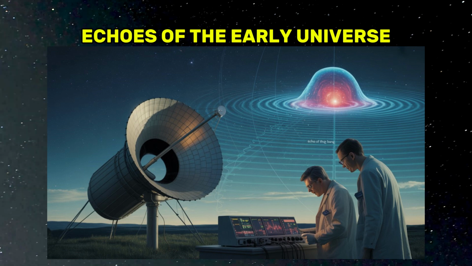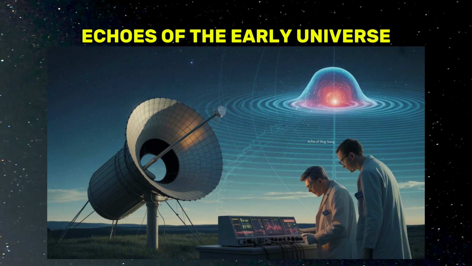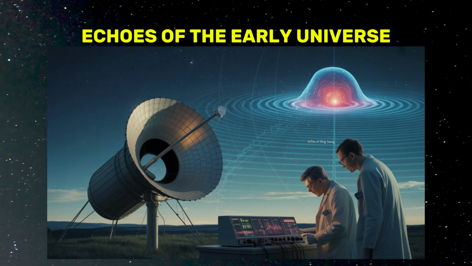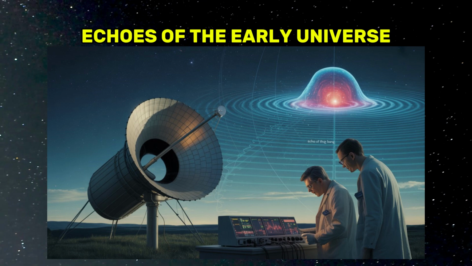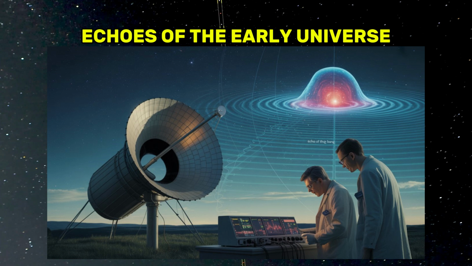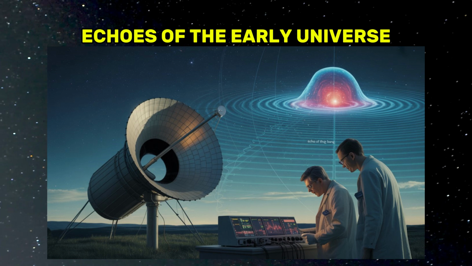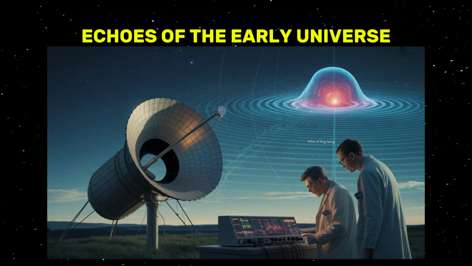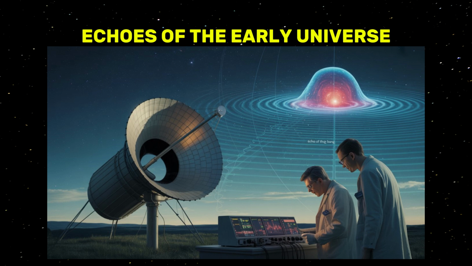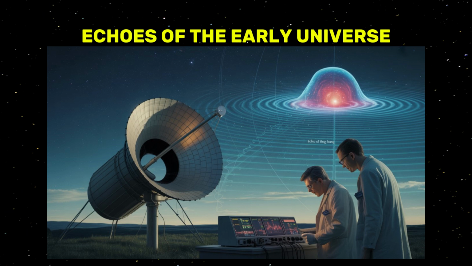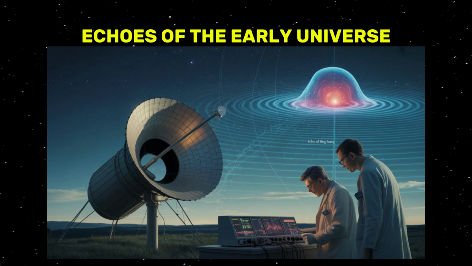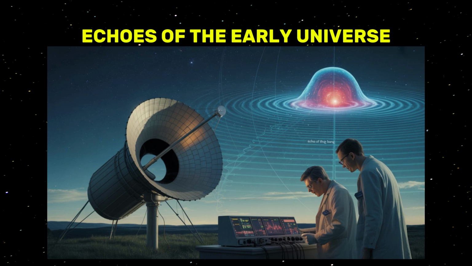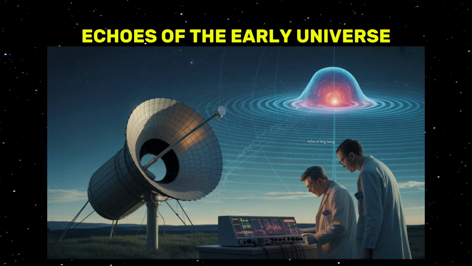What Penzias and Wilson had detected aligned perfectly with the predicted leftover radiation from the universe's birth, cooled and stretched into the microwave range by billions of years of expansion. This momentous observation offered the first definitive evidence in support of the Big Bang theory. After this landmark discovery, scientists were eager to investigate the CMB more thoroughly.